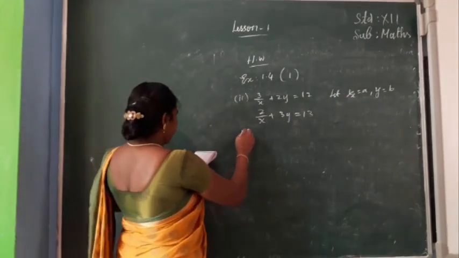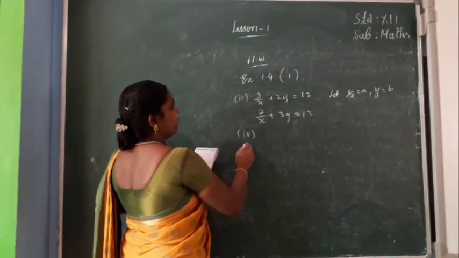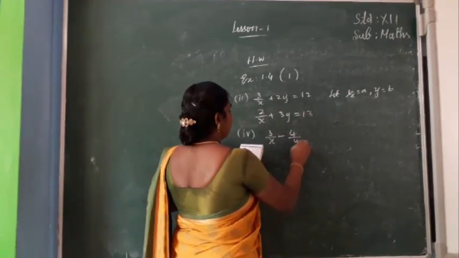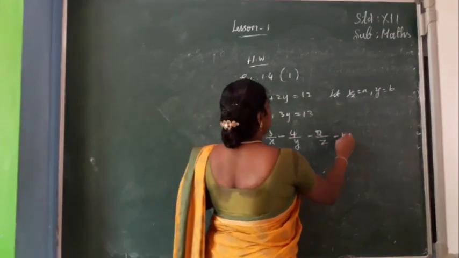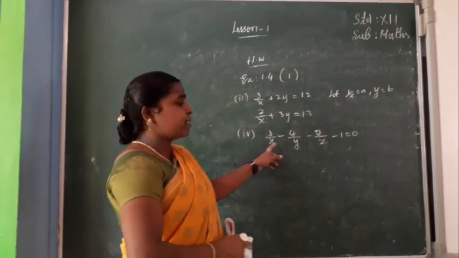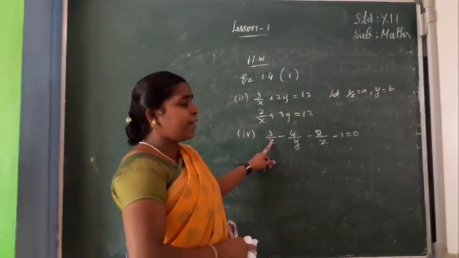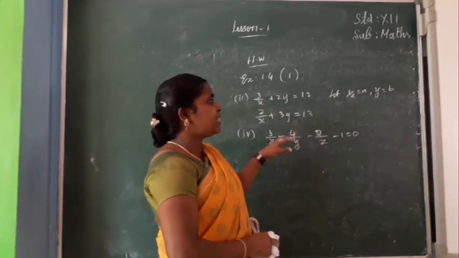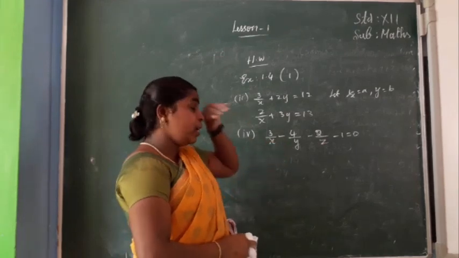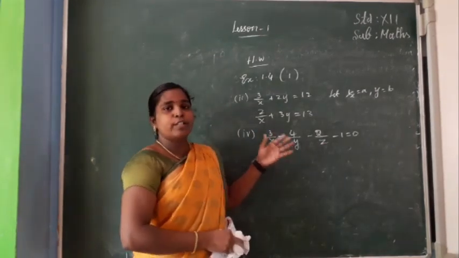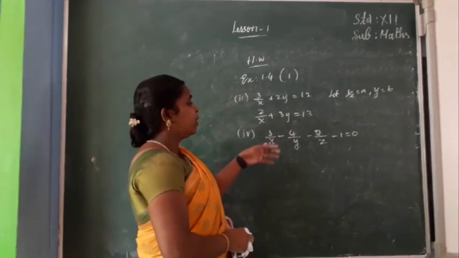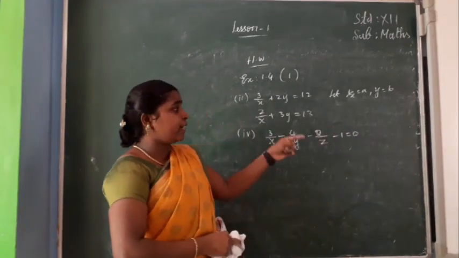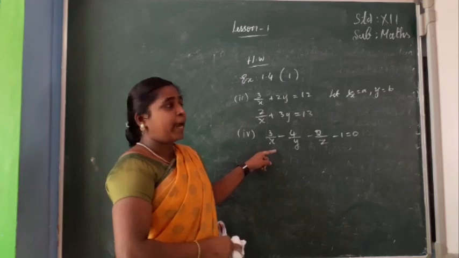Then the fourth subdivision is a very important problem, where all the variables are in denominators. One equation I am writing: 2 by z minus 1 equal to 0. Since all the variables are in denominators, you take 1 by x equal to a, 1 by y equal to b, 1 by z equal to c. In the beginning you get the a, b, c values only. After getting them, when a equal to 2, x equals 1 by 2, and similarly for b and c. The constants you have to take on the right-hand side, and then form the matrix.